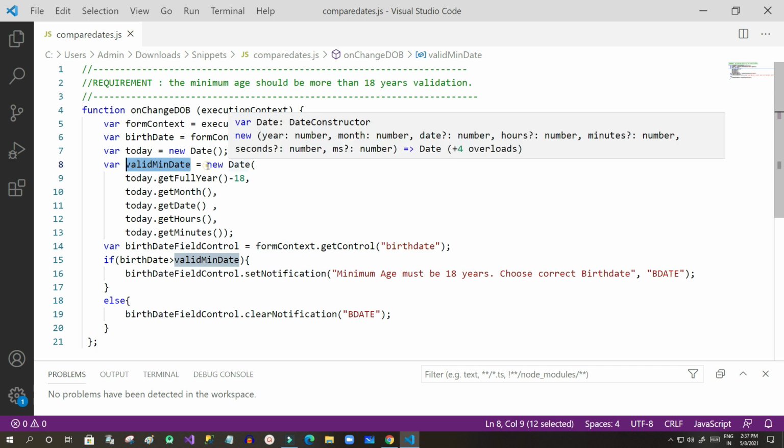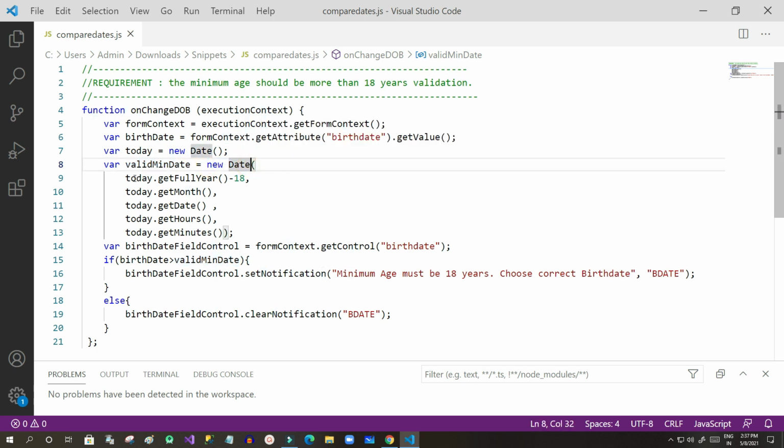So I have taken new Date, and as the first parameter I am extracting the full year from today. So today.getFullYear is 2021, and I have subtracted 18 years, and then today.getMonth and the rest I keep the same from that today object. I have just subtracted 18 years from the current year, and I have constructed this date so that it is represented as a date 18 years back.